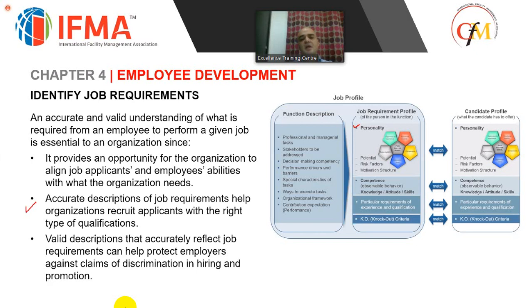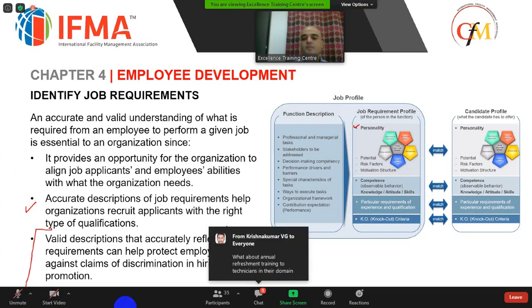So valid descriptions that accurately reflect job requirements can help protect employers against claims of discrimination in hiring and promotion. This is something that we don't find in the local culture here, but in places where